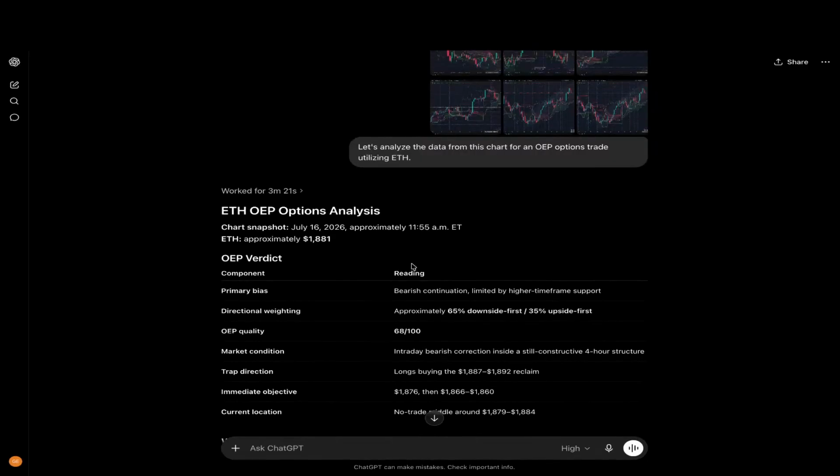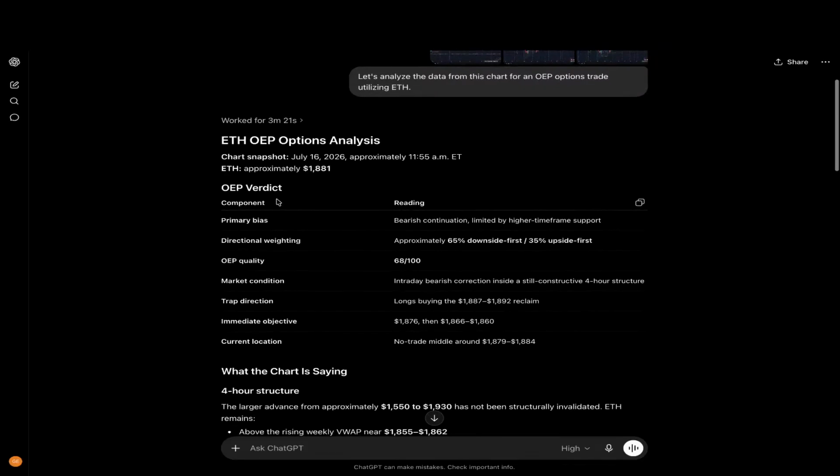We're currently at 12:08 p.m. Eastern Standard Time. ETH was approximately sitting at 1881, right? So the primary bias right now is a bearish continuation, limited by higher time frame support. So what that means is